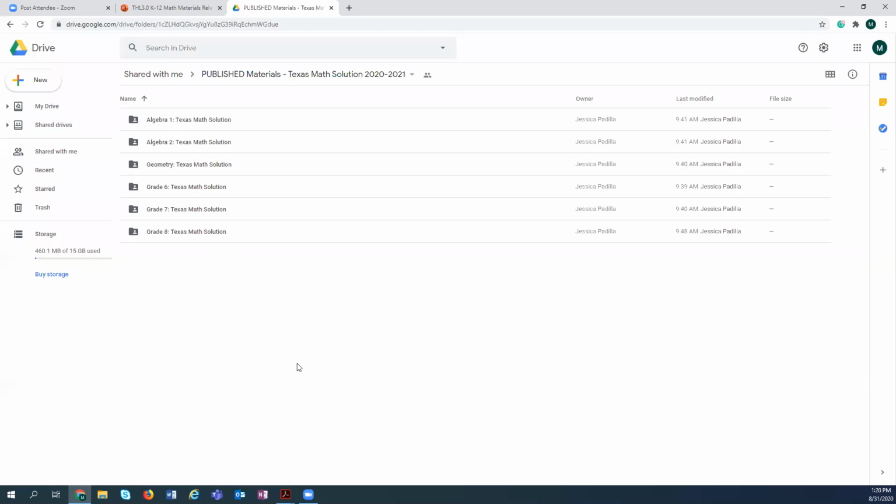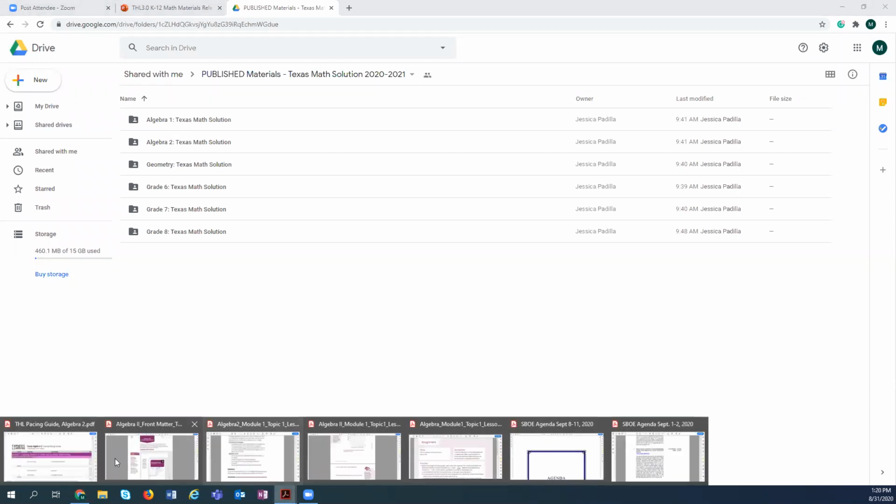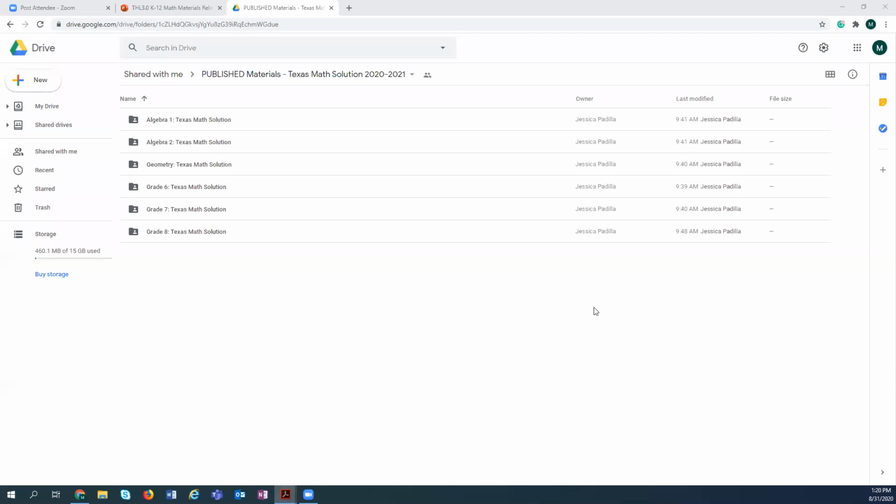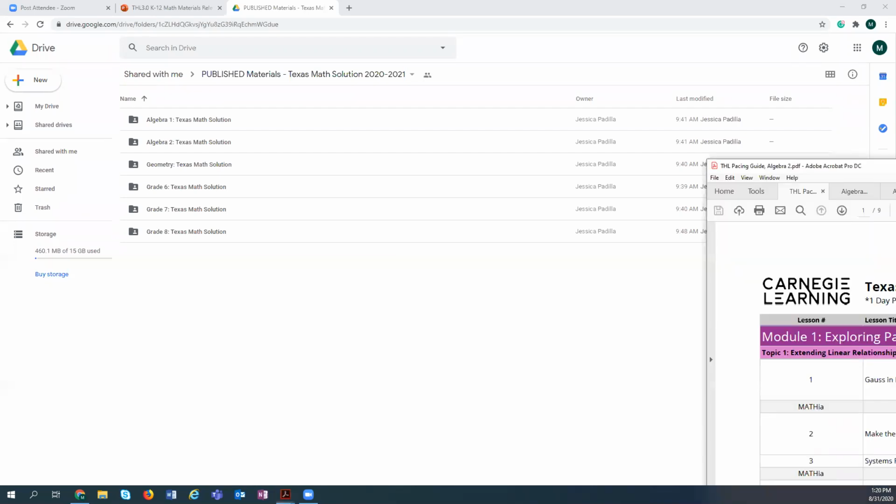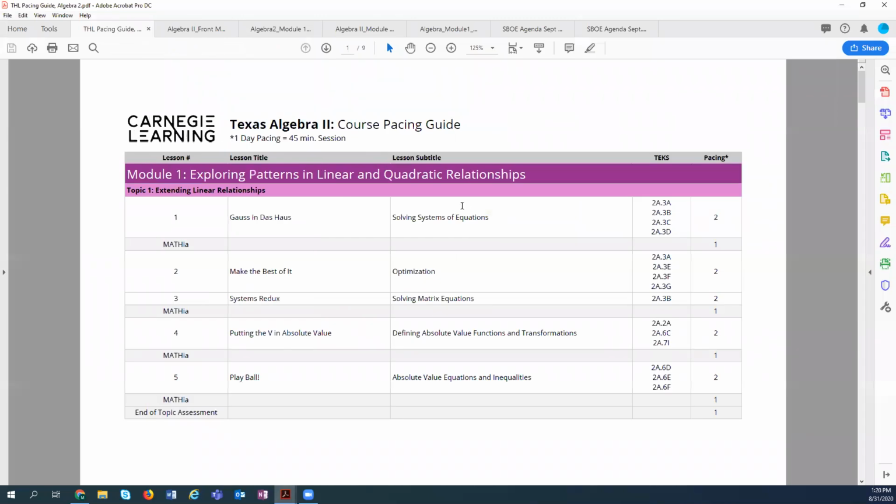I want to take you through some of the common materials that are found in Carnegie Learning so that you're familiar with them. So I'm going to open up some of my documents here to share with you. On this page, you can see I have an Algebra 2 pacing guide.